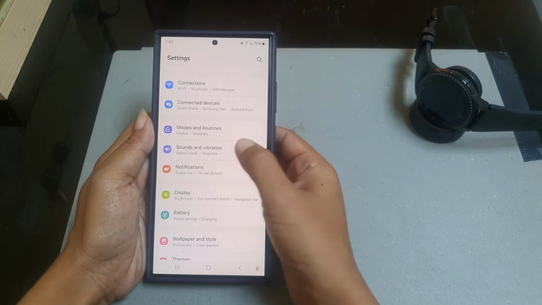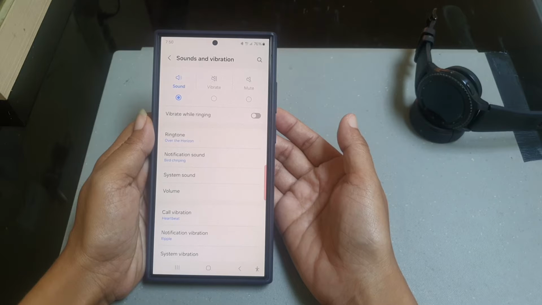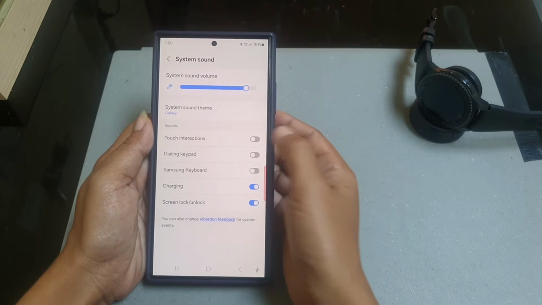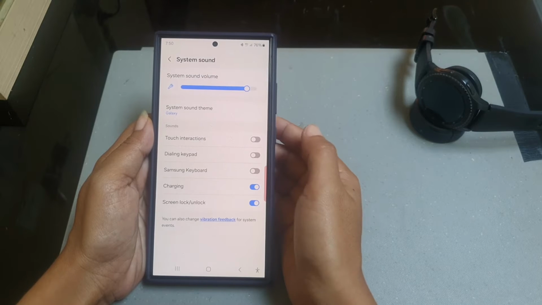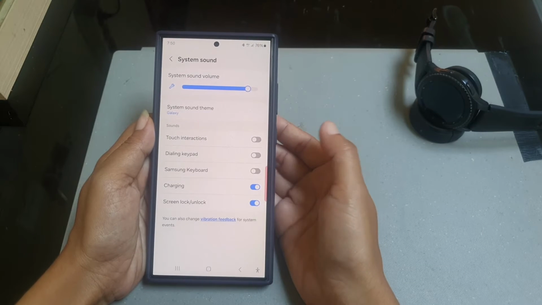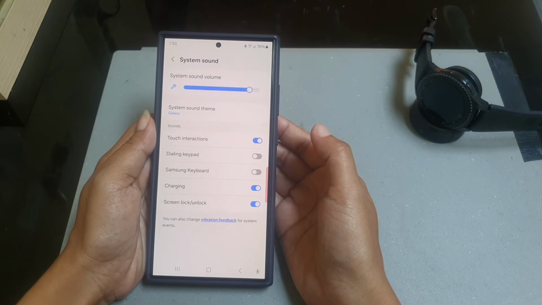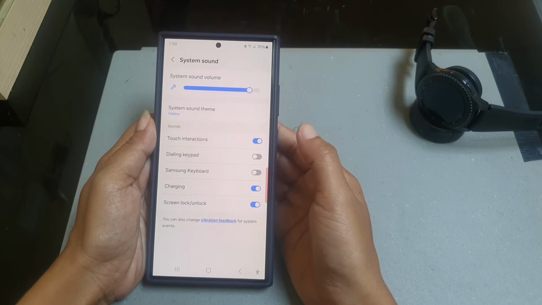Tap Sound and vibration. Tap System sound. Under the Sound section, tap the gray on/off switch next to Touch interaction until the switch turns blue to turn it on. With this option on,